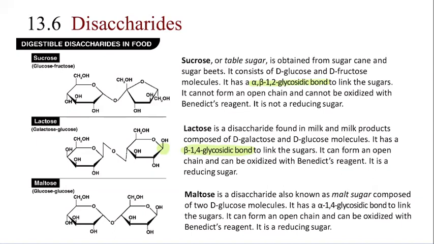Anyways, going back to maltose. Maltose is a disaccharide that has two glucose molecules, okay? Now, these two glucose molecules are linked to one another by an alpha 1,4 glycosidic bond. So what that means is that here, we still have one anomeric position that is able to open. So when you put maltose in the context of a Benedict's reaction, it is also considered a